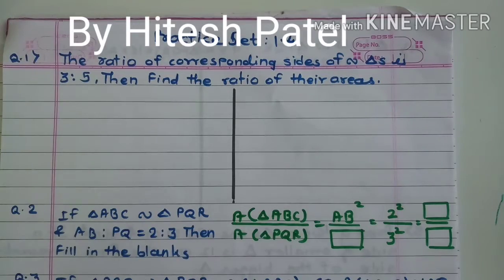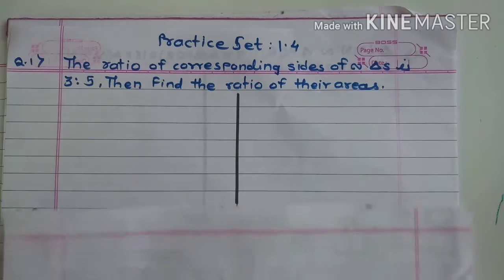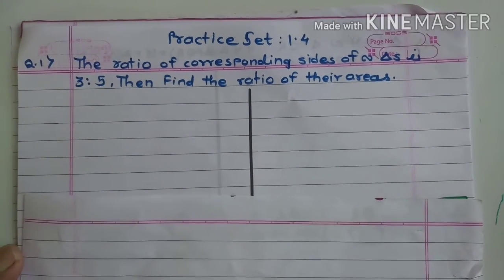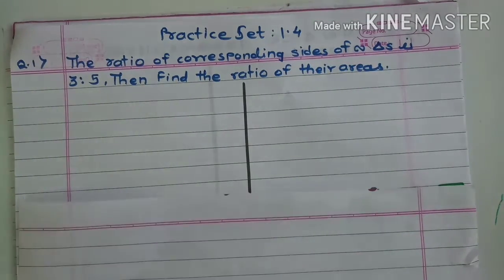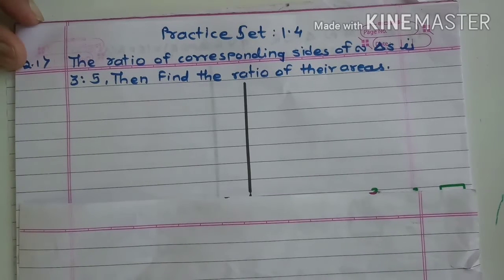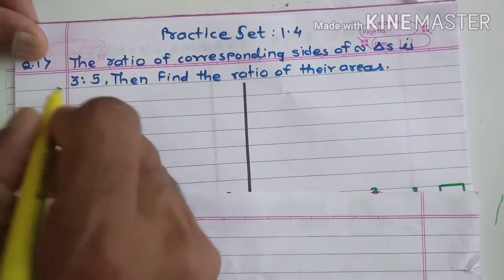Now read the question from your textbook. What they have given: the ratio of corresponding sides of similar triangles is 3:5. Then find the ratio of their areas. So first of all, they didn't give the name of the triangles, so let